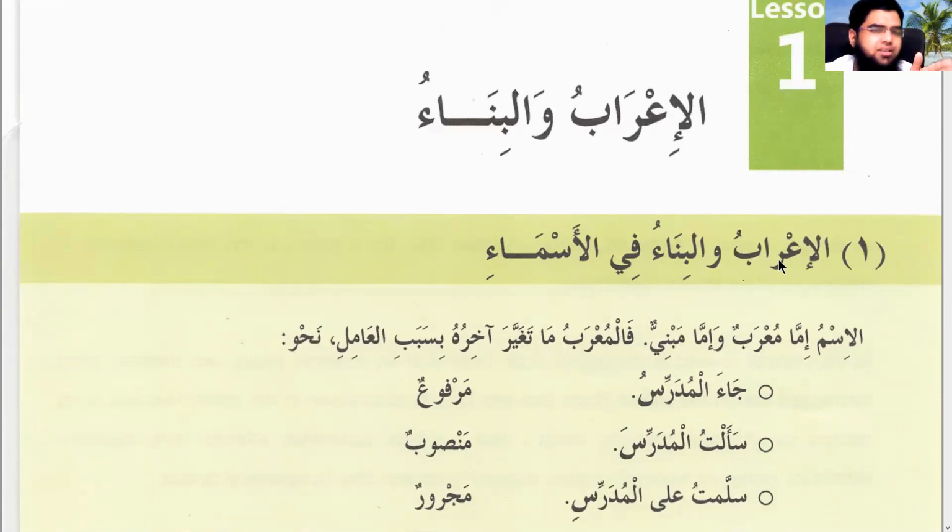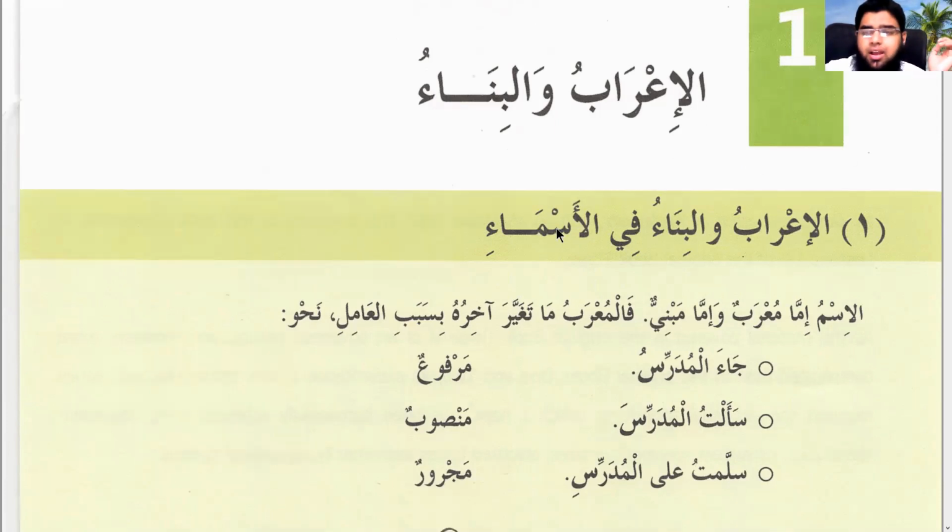I'rab is what? The endings. I'rab: تغيير آخر أحوال آخر شيء. إعراب is changing of the endings, of the last letters. والبناء is مبني, being fixed في الأسماء, in nouns. So he divides into two parts, and most of the Arabic books start like this. They'll talk about mabni, what is a word, and the endings, and so on. After this book, inshallah, when we do Tuhfat al-Sadiya, we'll get to know all these things, whenever, next year, whatever.